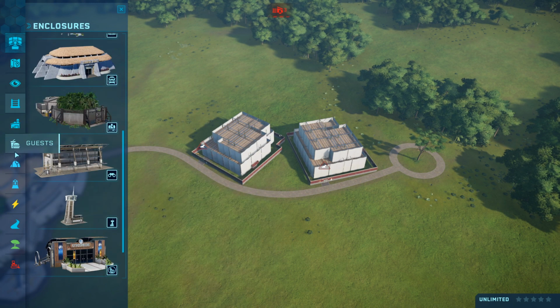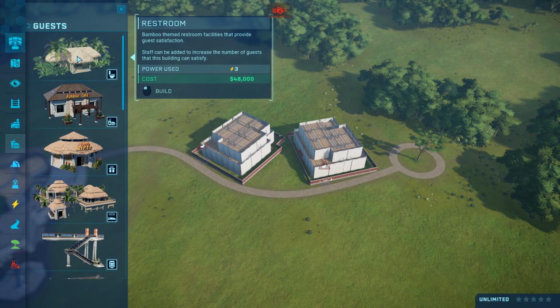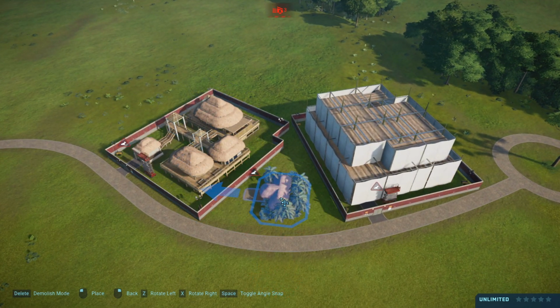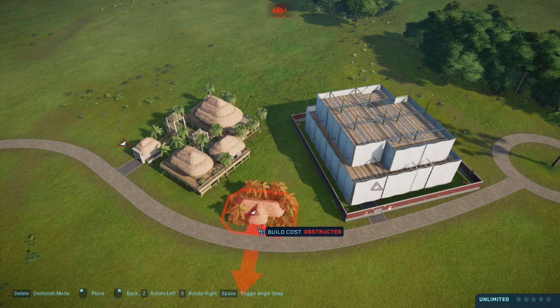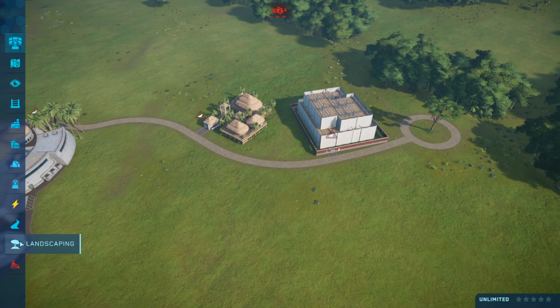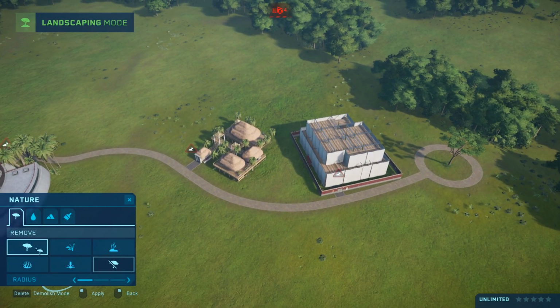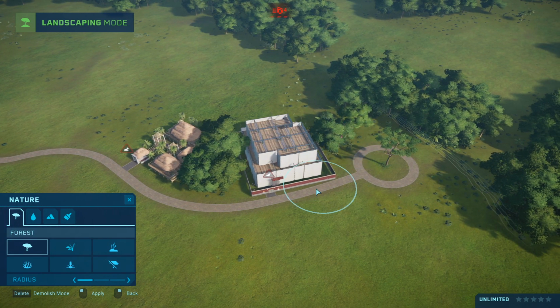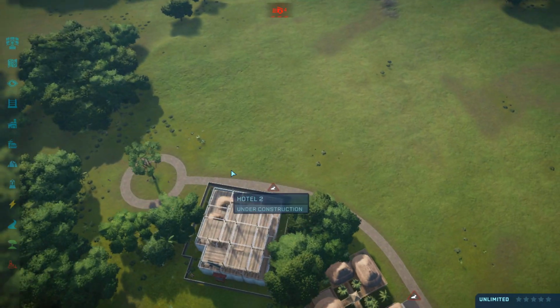Where is the bathrooms? They are a guest. Can we not place it? Can we please place it? That sucks. Well, we'll just fill it in with trees and a bit of grass. There you go. And then on the other side